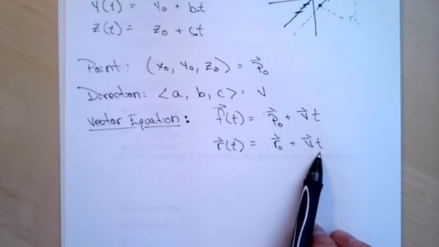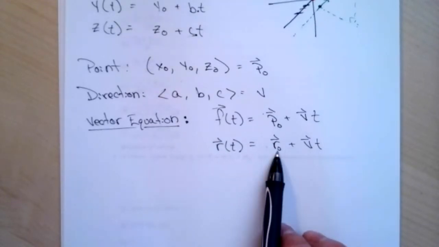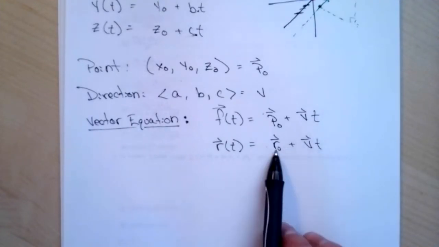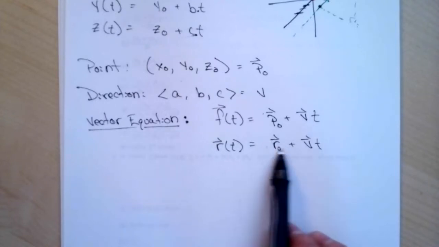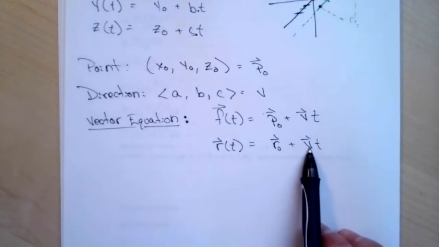So t is a scalar, it's just some real number. And so you can think as t is 0, we are starting at some point, r naught. And then as t increases at, say, time t equals 1, we have moved away from r naught and we've added, so we've walked an additional unit length in the direction of v, or one length of v in that